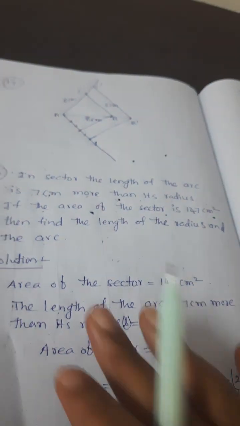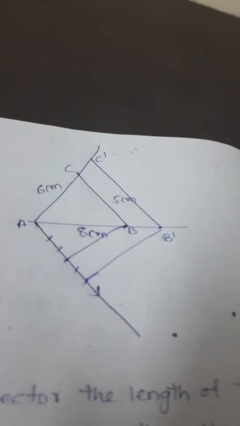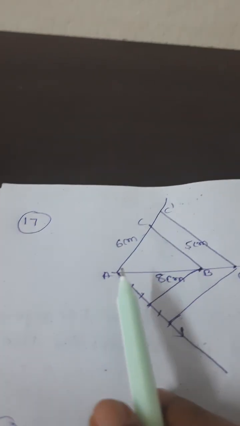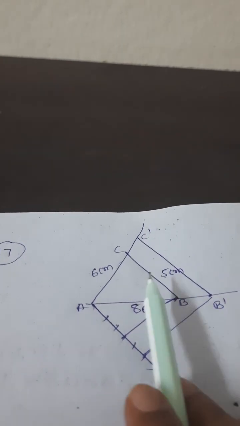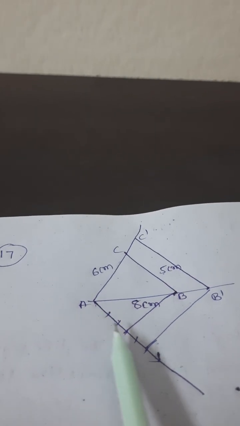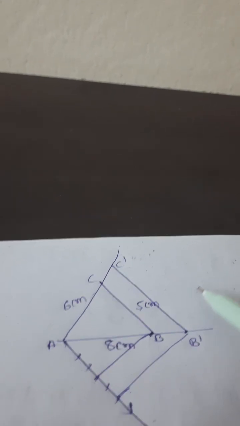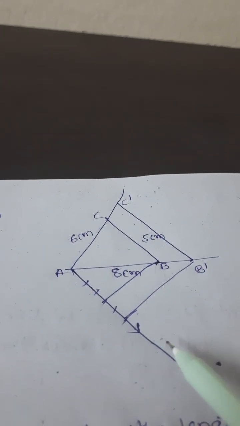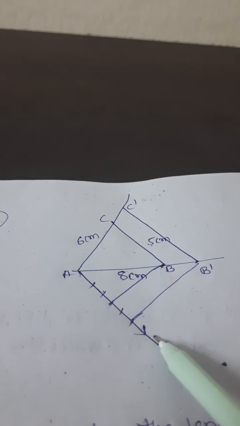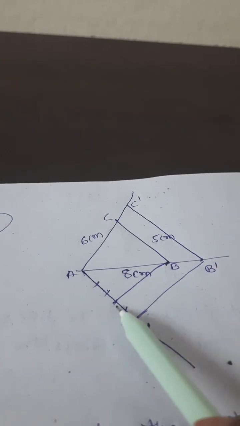Next question, constructing similar triangles. They have given the sides of the triangle, so first construct the triangle ABC, then we can draw an acute angle. They were given 5:3 ratio. 5:3 ratio means we should divide that line into 5 equal parts. So then we can join